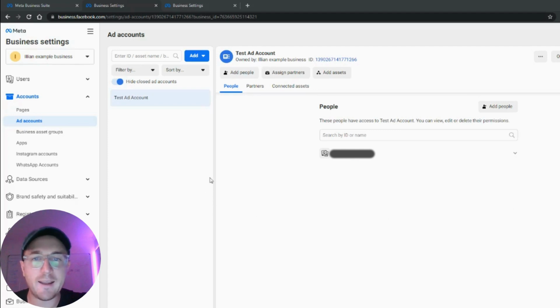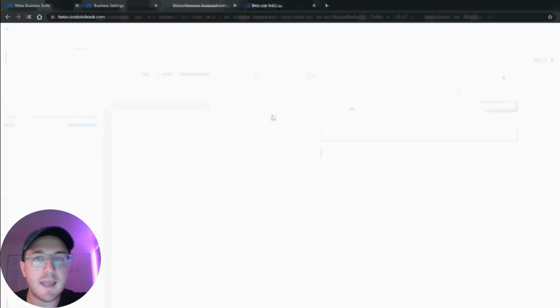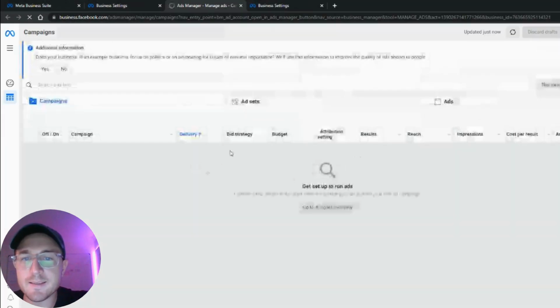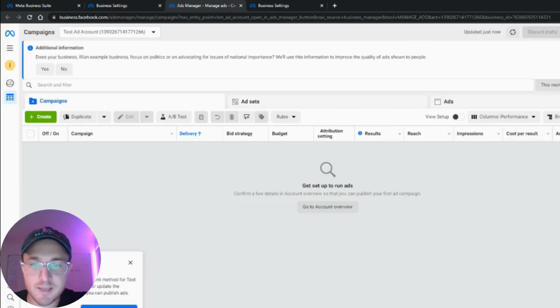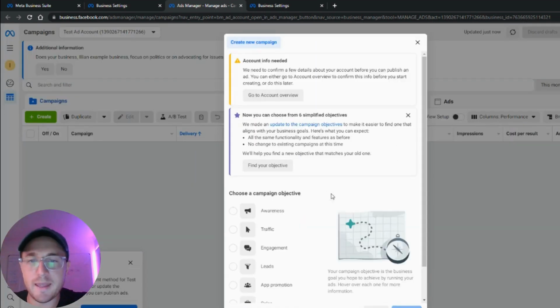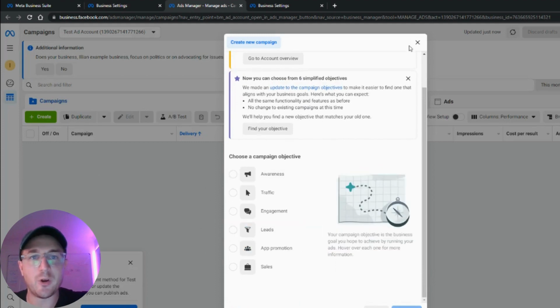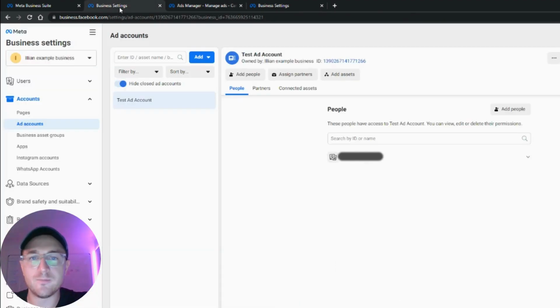All right, when you have your ad account set up, now inside of your ad account, you're going to open in Ads Manager. And here inside of Ads Manager, you can read all of this, and you just have to accept that. Done. And now here you can start setting up all your campaigns that you want to be doing, and we're not going to go through that in this video. So this is your ad account, and this is where you can now run your ads for your business